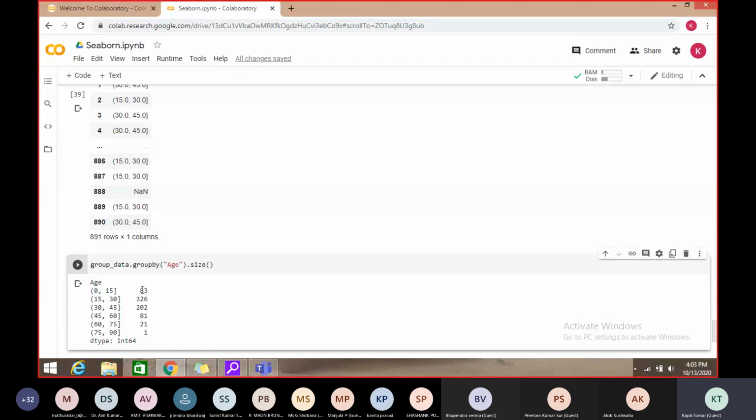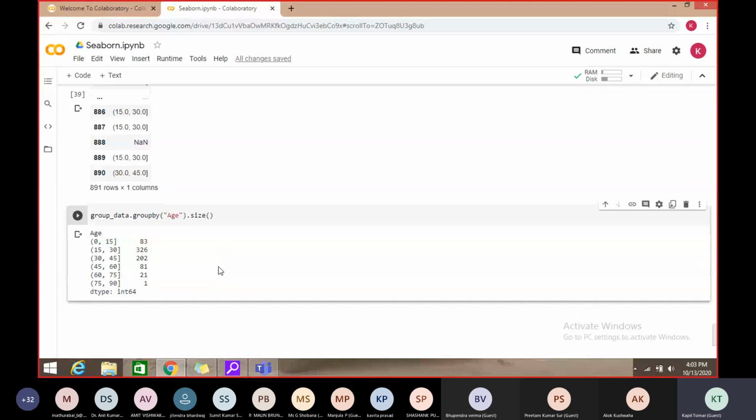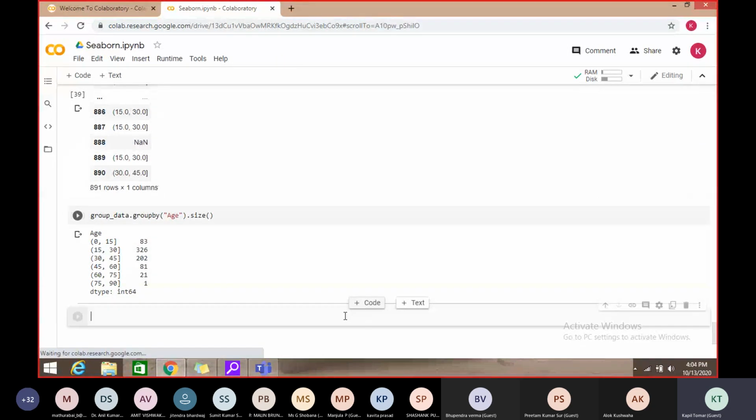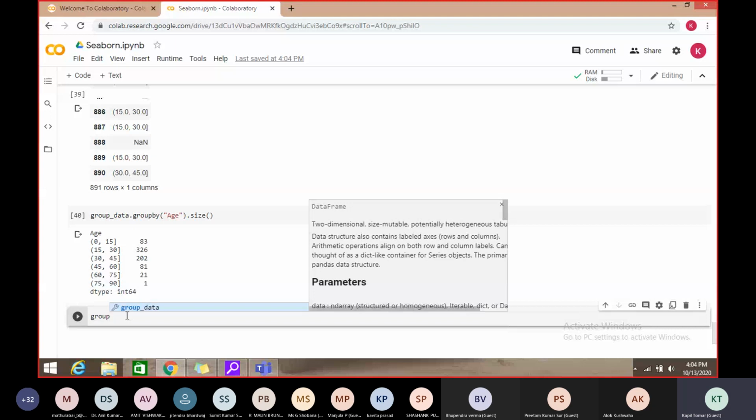So 0 to 15, 83; 15 to 30, 326; 30 to 45, 202; 45 to 60, this; and only one value which is an outlier for this column. This is 1, right? So this we have done, and if we want to call the bar graph, let's see then how it will be.